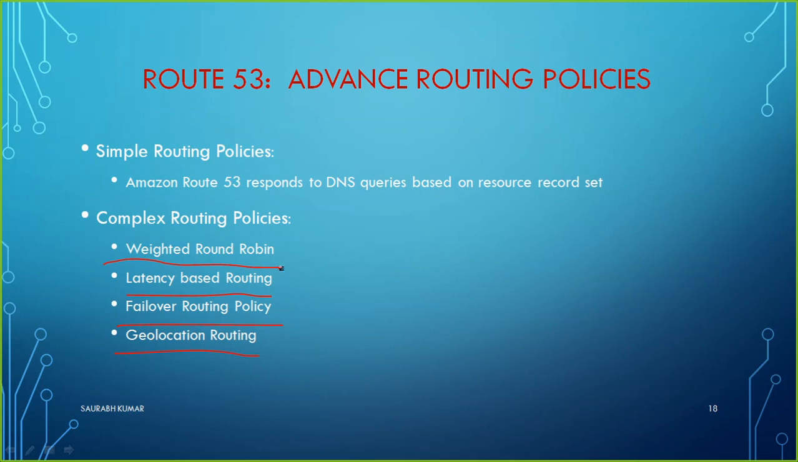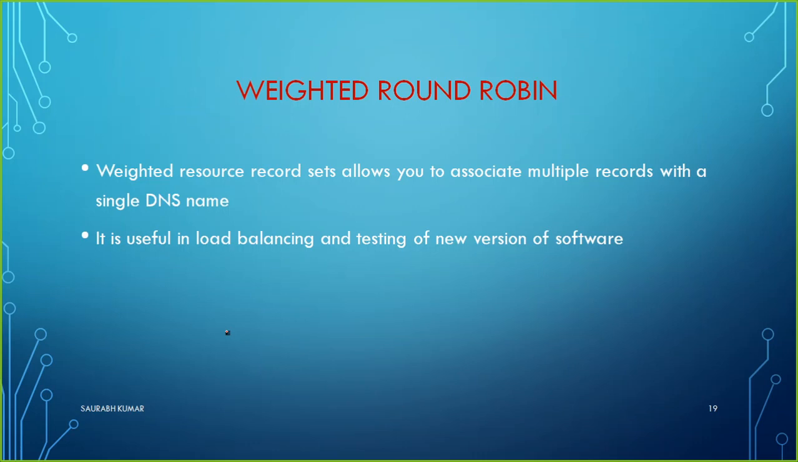So what are these different complex routing policies? Let me explain all of them one by one. Let me start with weighted round robin. What is weighted round robin? If you have ever used a Windows DNS server, round robin is enabled there by default also. What is the meaning of round robin? For example, you have one DNS server here,